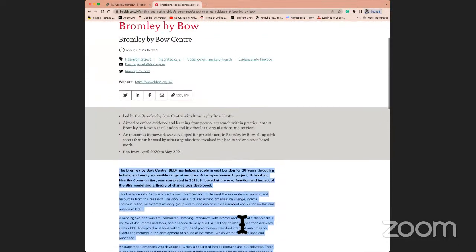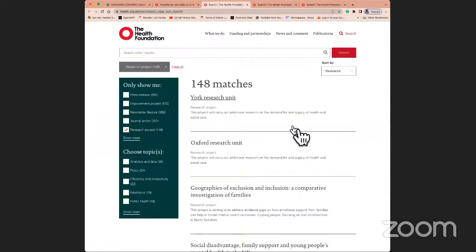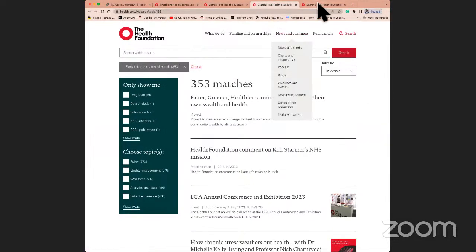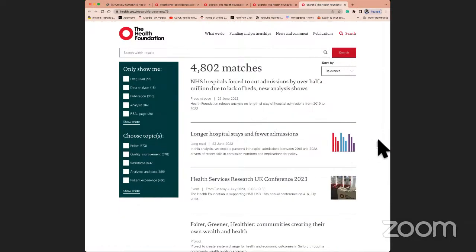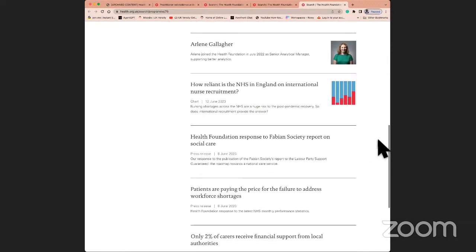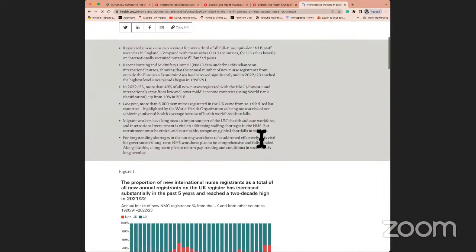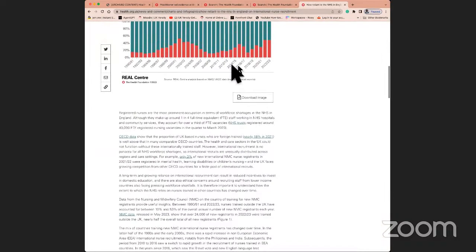Now, what I want to be able to do apart from this is basically download the research project. So I'm in research project, I'm in integrated care, and then there are social determinants of health, and then evidence into practice. And this is something that I want to be able to look at. When I go into further details, as you can see, there are lots and lots of different reports feeding into this report. And at any given stage, if I look at a particular report, what I want to be able to do is get hold of data like it has been presented here,